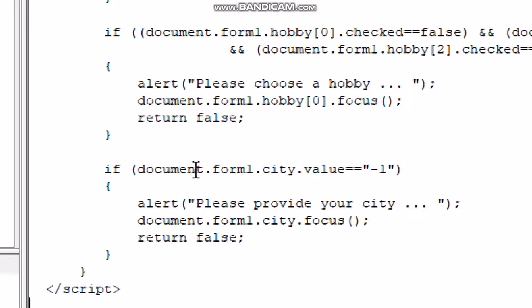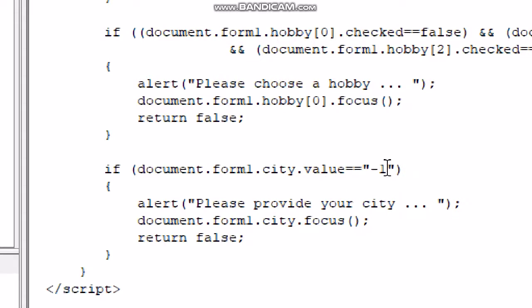For the city field, if we don't choose any city, then the option choose a city having value -1 is displayed. This if condition checks whether the value of city is -1, meaning no city option is selected.